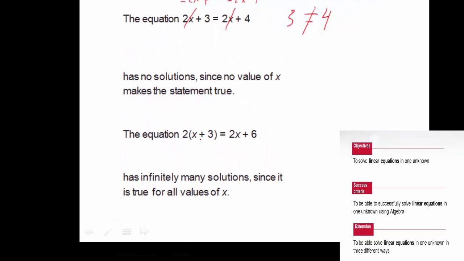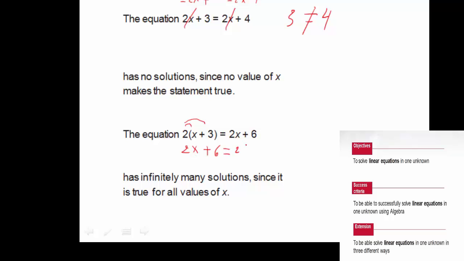2 times open bracket x plus 3 close bracket equals 2x plus 6. Well, if we expand, don't forget that you need to expand everything and multiply everything inside the bracket. 2 times x is 2x plus 2 times 3 is 6. So what did we get? 2x plus 6